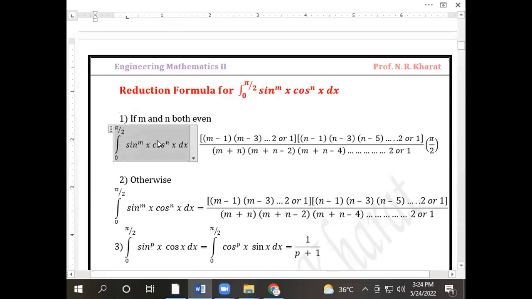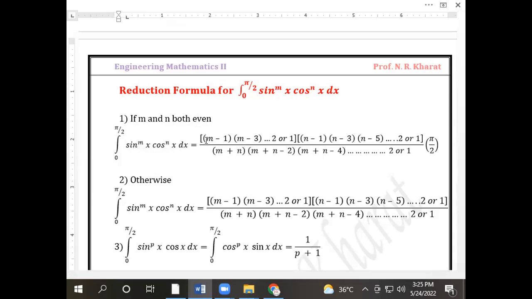Then what is the reduction formula for such a product of functions when the limit goes from 0 to pi by 2? The standard limit is 0 to pi by 2. If both the functions' indices are even, then the reduction formula of this integration is given by,